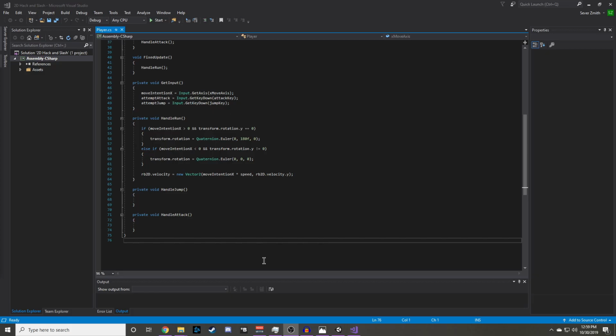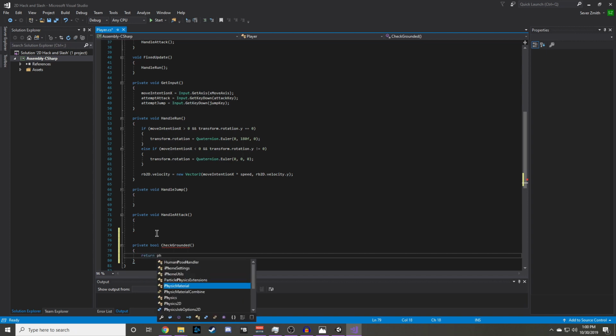To implement jumping, we will modify the Y component of our rigid body's velocity, but we want to be able to check if our player is grounded so we can't jump infinitely. We are going to make a new private bool method called checkGrounded, and we are going to be returning a Physics2D.Raycast,